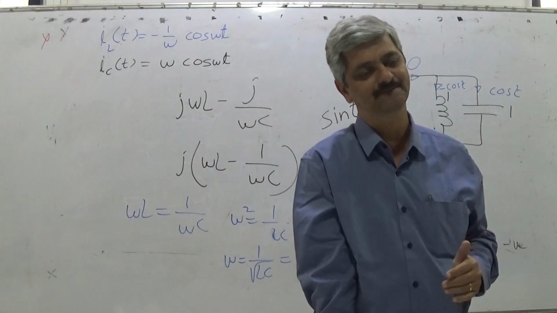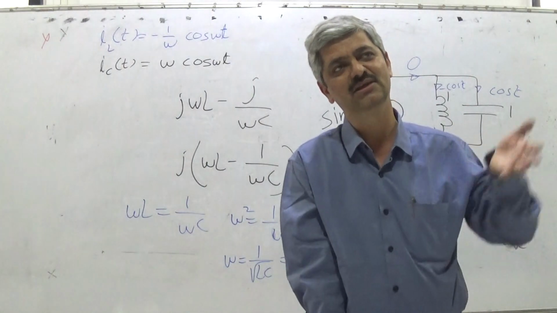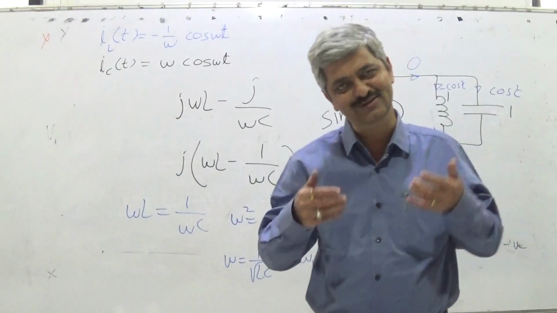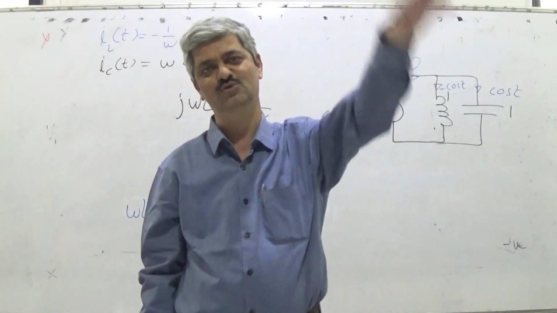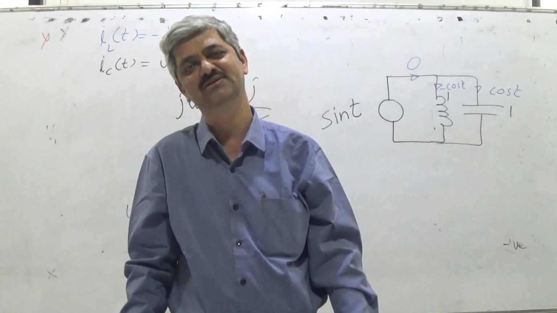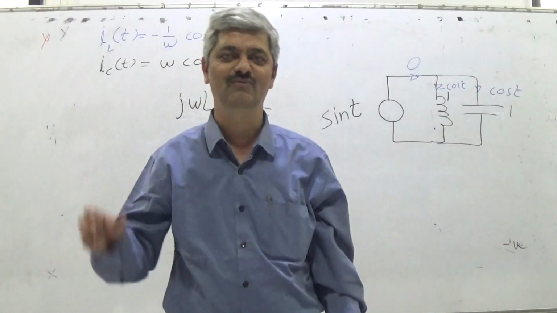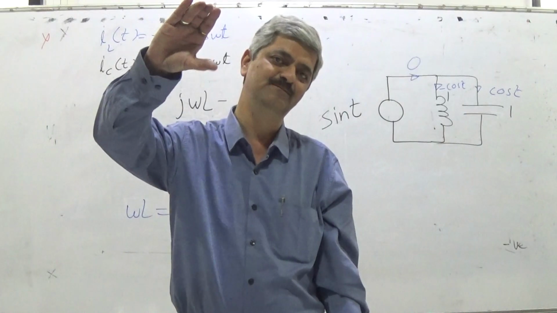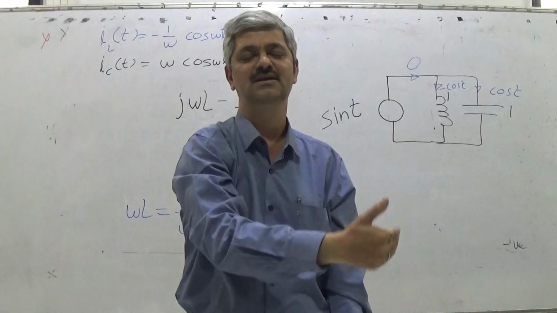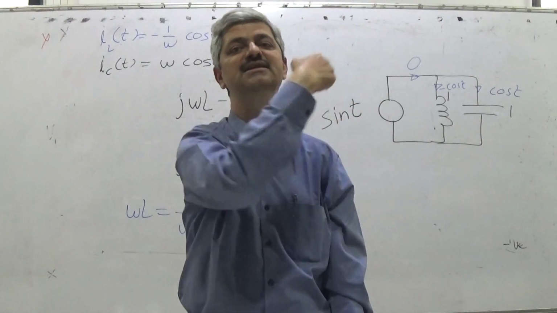Suppose that, will you get any theme that you have learned something infinite time ago? You will not get that, but what I tell today is fresh for you. What was taught in first standard, you carry a perception that you have been knowing it for years together. So if I apply sin t, there will be current in the inductor, there will be current in the capacitor. Current in the capacitor is cos t, current in the inductor is minus cos t, and net current is 0.